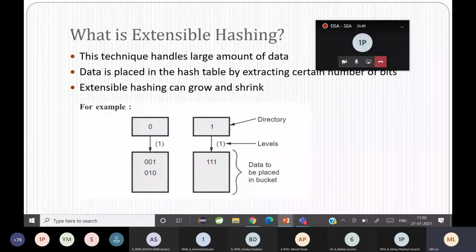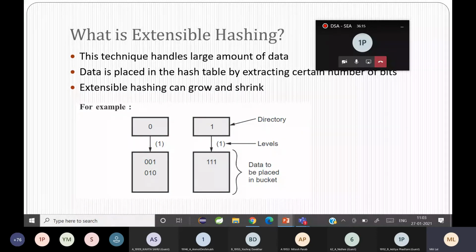और उसका format वो image में दिया है. You have a directory which represents the bit, then you have a number enclosed in parentheses which represents the levels, and you have a bucket which holds the data. So this is how you are going to represent extensible hashing.